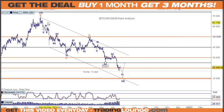Is it possible to count this as down for 1, back for 2, and down for 3? Well, this wave here is still too short for wave 3, so that's not going to work. But if we end up having another 2 moves down here, which is also possible, just depends how you count this little guy in here, then this wave 3 can quite easily sit over here as well and give us another leg down on top of that. So at that point, down at 10,000, it kind of just starts to fit that this here is a tad longer than this move here. And the other thing